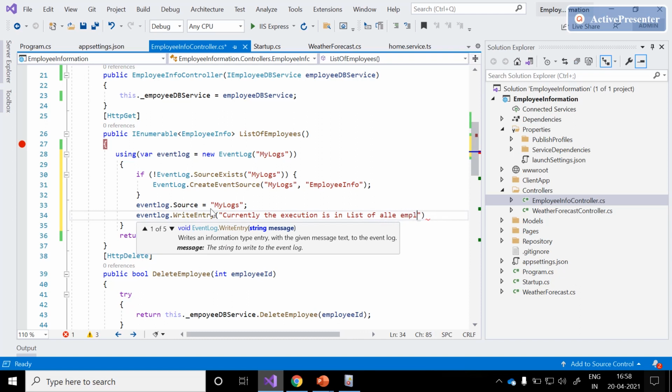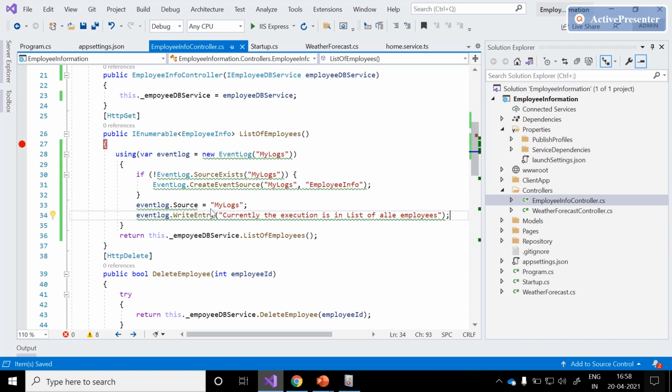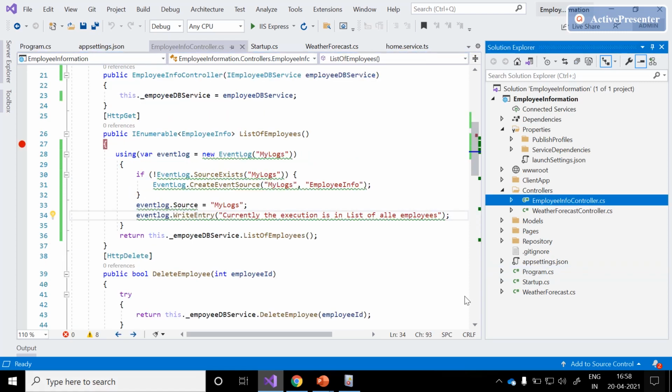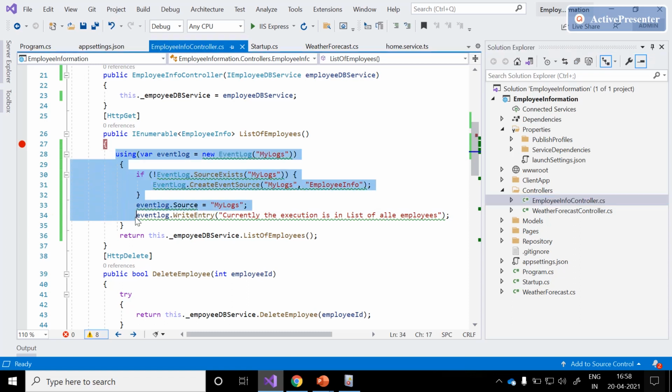Okay. Let me recap. The first step is to open the program.cs and add the logging capabilities. The second step is to come back to our employee information controller, or whatever controller you are trying to add these capabilities to. Instead of placing this source code directly, it's better to create one interface and inject this interface wherever you want.